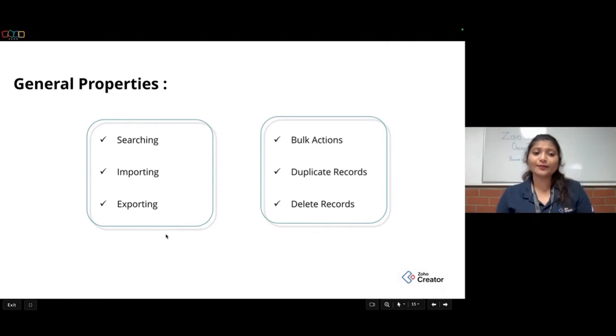Whenever you would like to search for a specific record, say you have 400 or 500 records and you cannot manually search for the record, right? You can use the searching option to find those particular records.